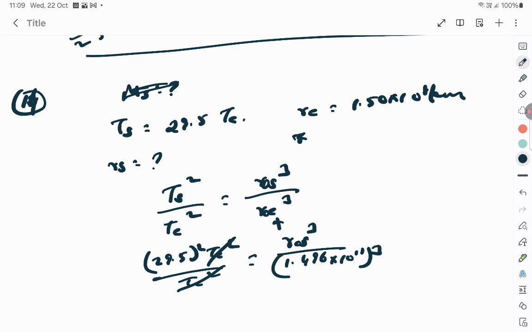(1.496 into 10 to the power 11). They're writing it in kilometers. Why? Because they have given it. You don't have to write this one astronomical unit here, because they themselves have specified it to be 1.50 into 10 to the power 8. So to convert into meters, you can, or you can keep it in kilometer only and then do the sum. So just cross multiply and get the orbital radius of the